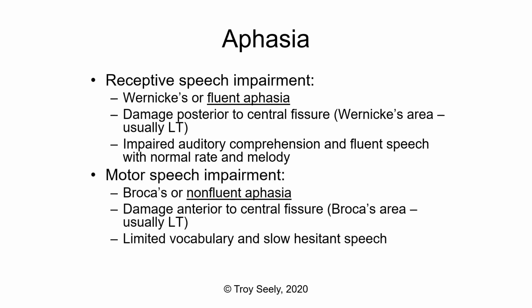Now we can contrast that with Broca's aphasia. This is a motor speech impairment, and it's a non-fluent aphasia, where there's damage to the anterior central fissure on the left side, and the result is a limited vocabulary and slow, hesitant speech. So an individual that presents with Broca's aphasia would have